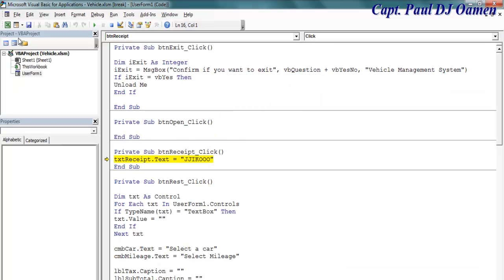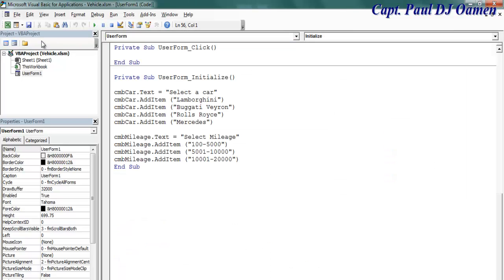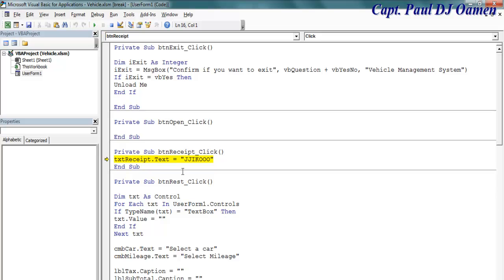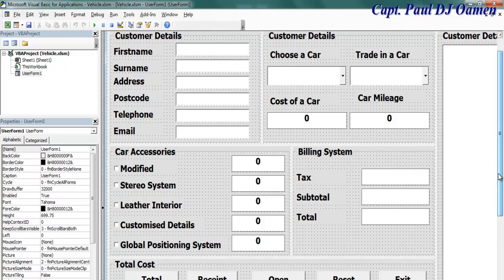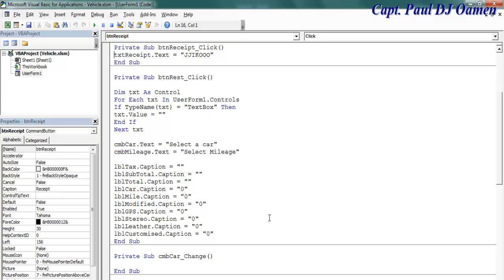Okay, let's come in here. Let's run it again. Select this. What happened there? Debug. Oh, that should be there. That's just testing. Okay, this is supposed to be label. Okay, list box. Okay, let's go back into, double click on the receipt, get rid of this. That should be list box there. Dot add item,